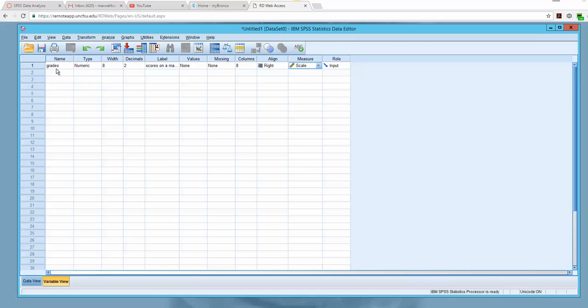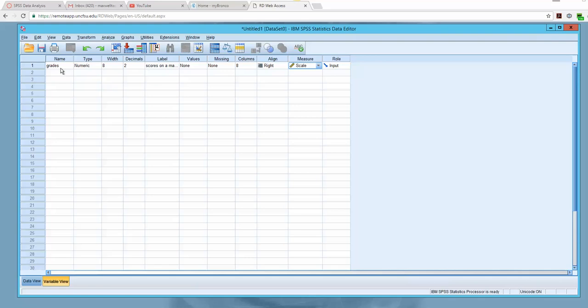You have to give a name that reflects whatever the problem is that you are working on. In this case, the scores that we have are grades on a test. So I said grades. The label is the second thing that you have to tell SPSS what it is. And for me, it's scores on a test. And here I can type a sentence or a phrase to describe the variables that I've put in there, in